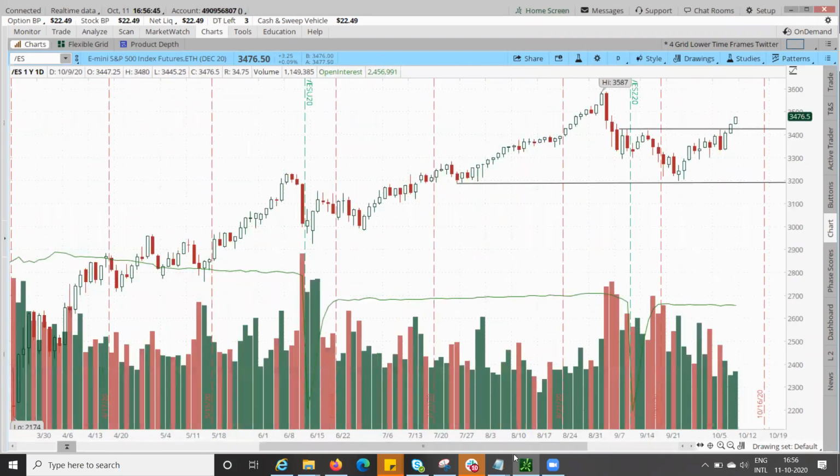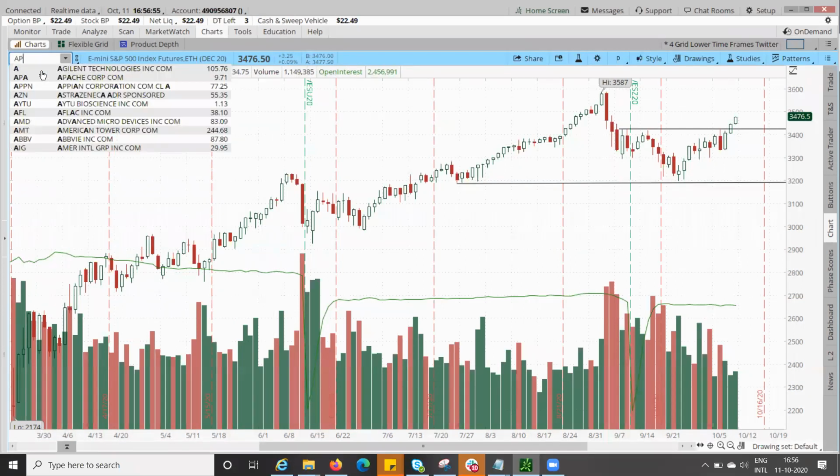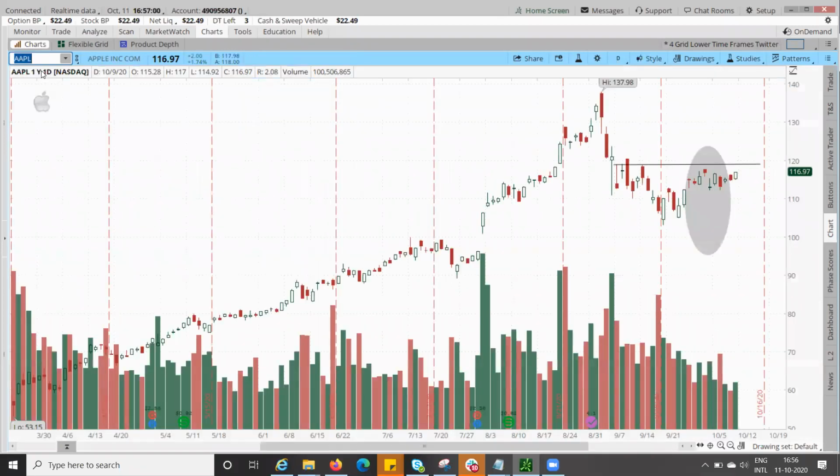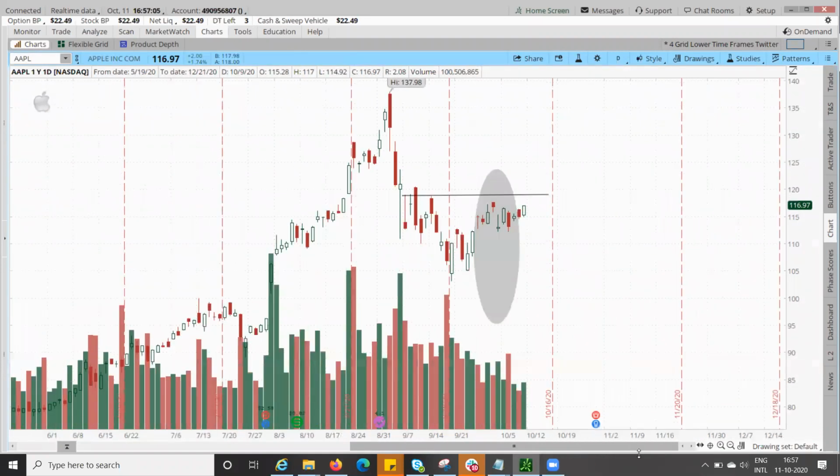Now, I have a question. Going back to Apple again, you said it's going to come back. We do not know when it will fill that gap. So TD Ameritrade allows you to create OCO orders, which means buying and selling with a stop loss or something paired with it. They are called OCO orders: one cancels the other. So if someone has capital, wouldn't it be advisable to just set up the order at a buy at, let's say, 95 or 96?